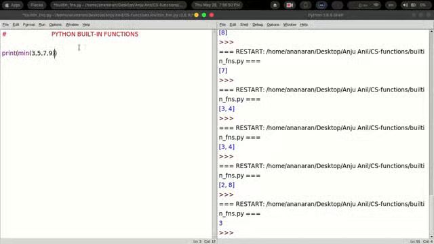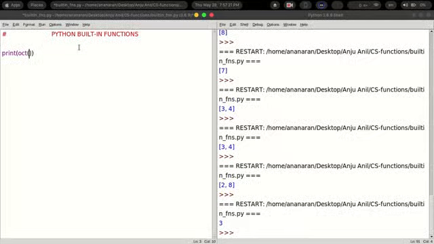Similarly, there is another function called OCT. That means it will return the octal value of the number that we give in the brackets.